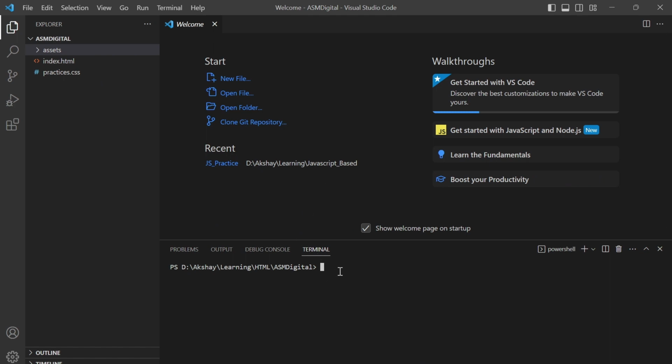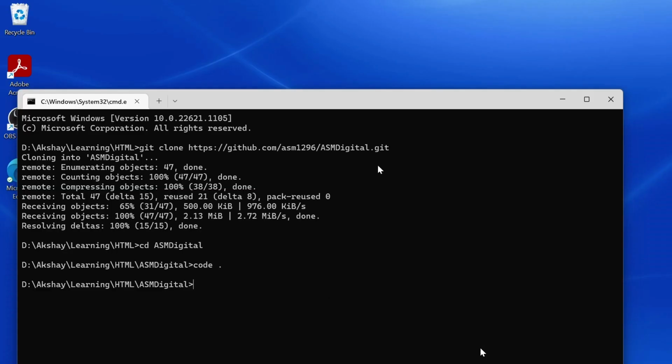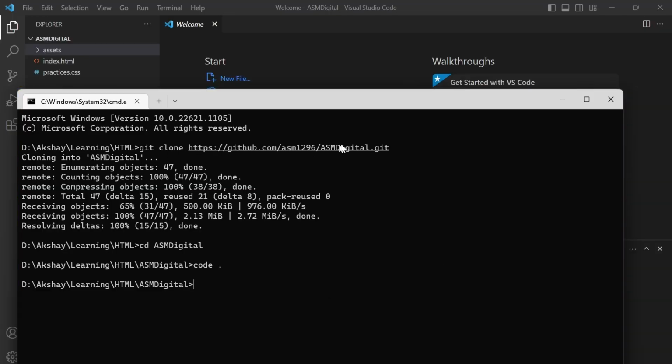Next, I will check what the connection is. I will show you git remote hyphen v. I put git remote hyphen v. What I'm trying to see is the linkage of my local repository with the remote repository. It is the same link I put while cloning with git clone, this https link.